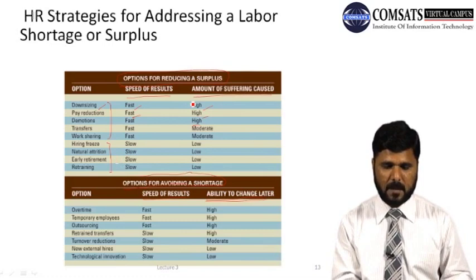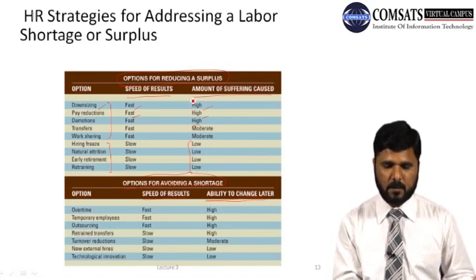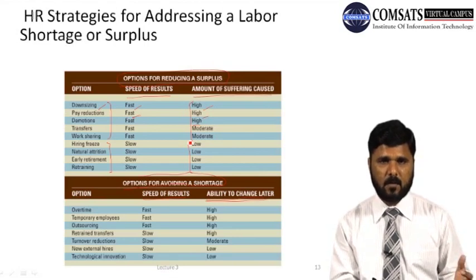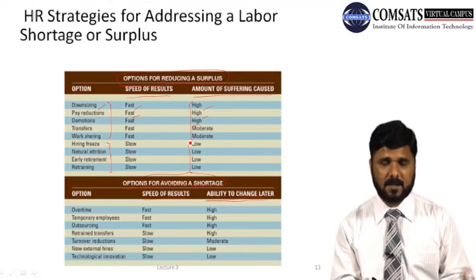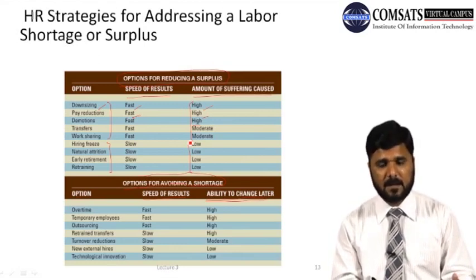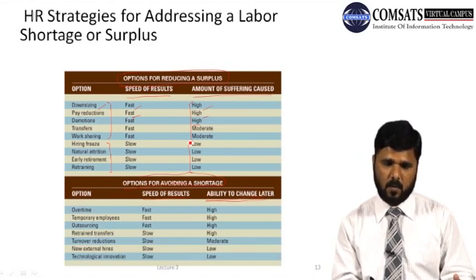तो यहाँ पे पहली strategies के लिए अमाउंट ऑफ सफरिंग हाई होगी और लास्ट स्ट्रेटजीज के लिए अमाउंट ऑफ सफरिंग क्या है, लो है. So based upon your situation, your organization and your employees you have with you, you are to make a judgment, you are to actually go for a trade-off between the strategy that produces fast result but suffering is high and the strategy that produces slow result but suffering is also low.